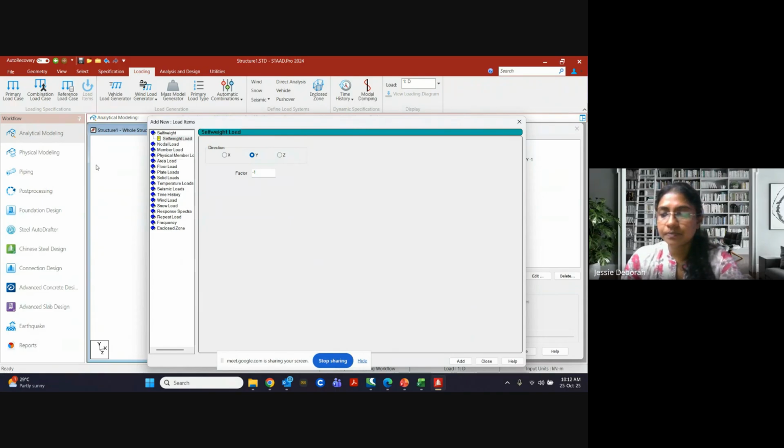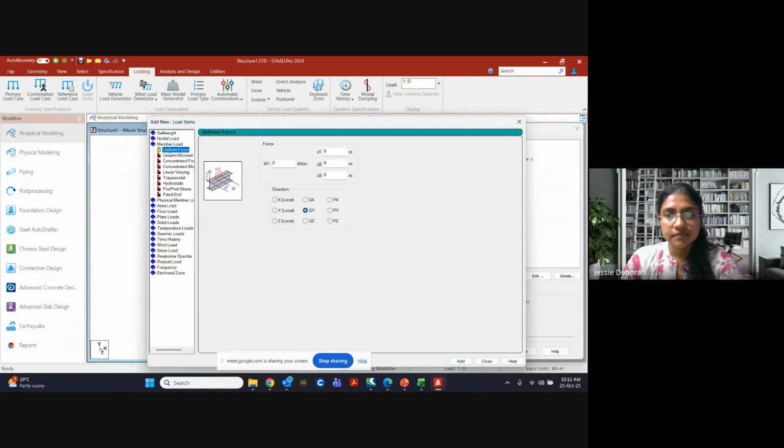Then what will I do? Member load. Member load, uniform load along Y. I am adding -24.3. Add.